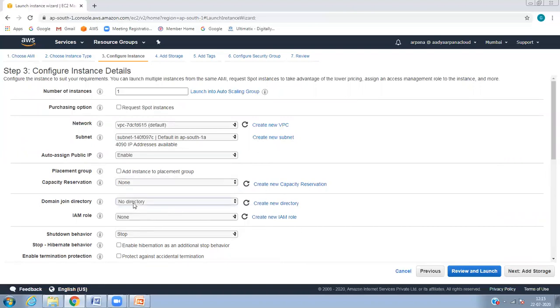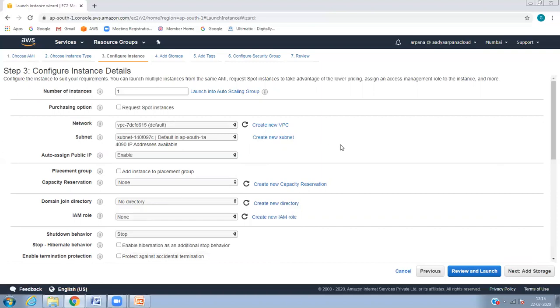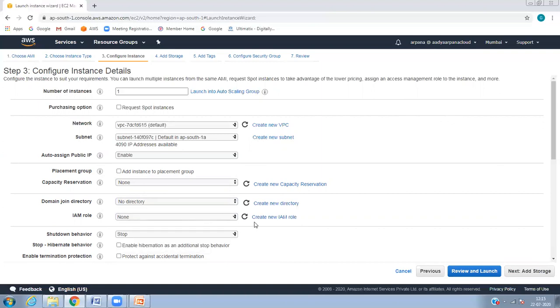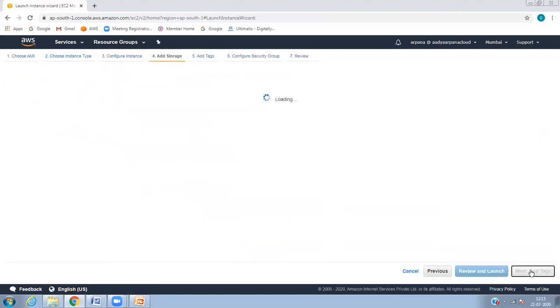Okay, see here, I'm not going to talk about this, because once you create the domain, you can see it here itself. But we need to configure in the EC2 first. So let's not join the domain as of now, but you can see whatever domain I've created, it's already there. Because you need to create a role and all, we can see that part later on. Okay, so as of now, I'm not selecting the directory. Okay, and just click on add storage.